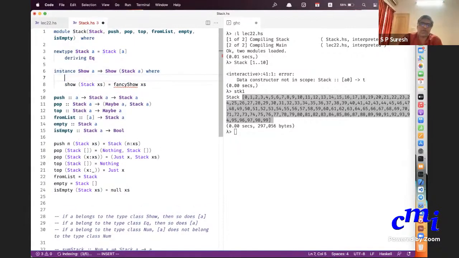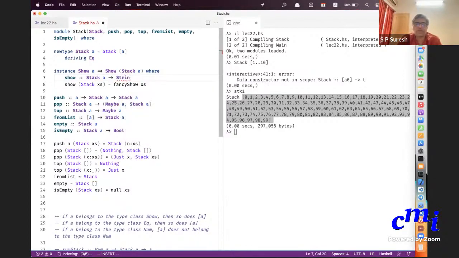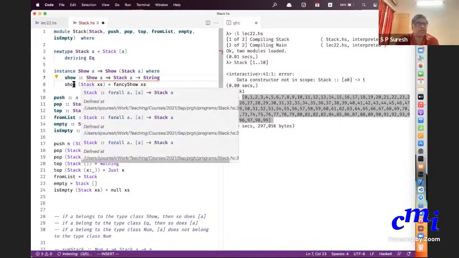I'll give you the type declaration right here: show :: Stack a -> String. But this is not enough. Here also I need to say Show a implies. Yeah, I need to have that. That and this.